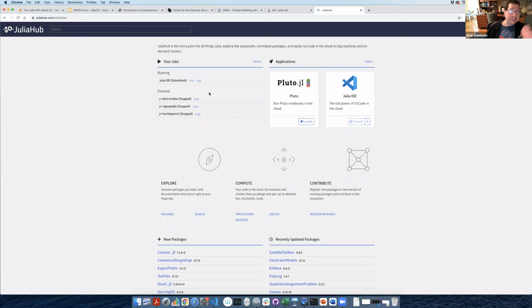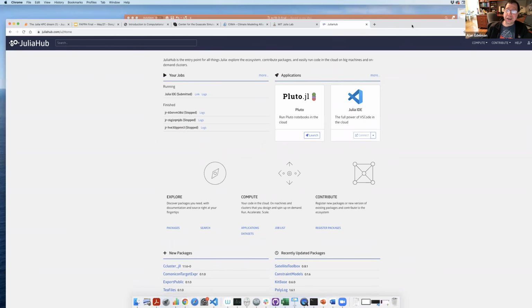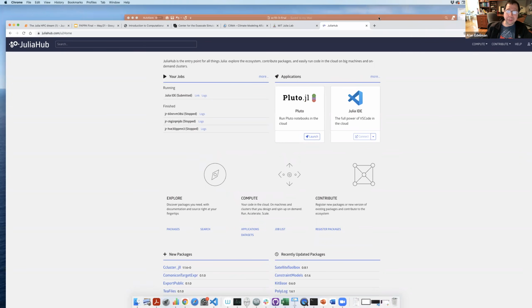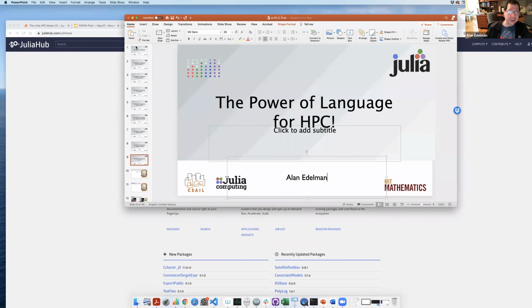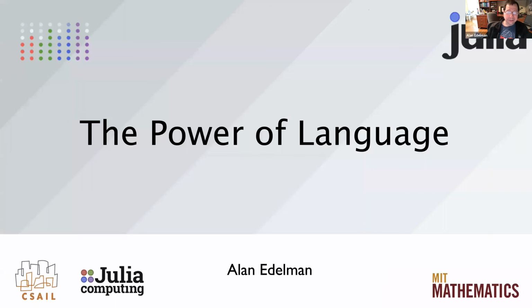Now let me just give some background. I know that this is going to come up in about 10 or 15 minutes, and so I'm going to get back to that. And I thought I would start a little bit with a talk I gave at Supercomputing, because it really conveys my feeling, my philosophy quite well. So what I'm going to do is take this PowerPoint and go into slideshow mode. And hopefully you can all see this in slideshow mode.